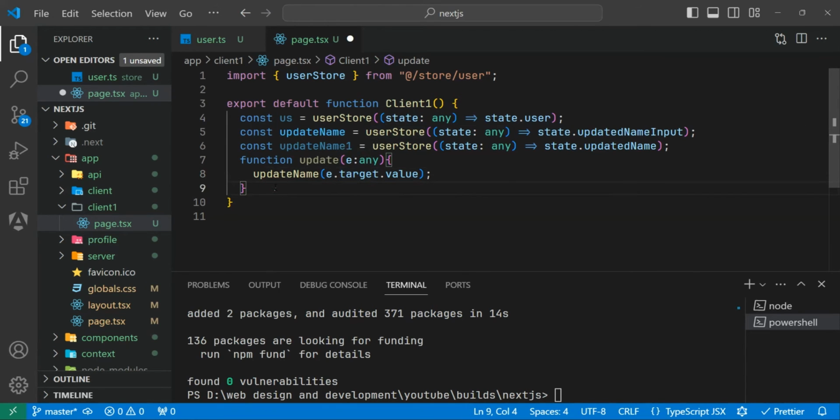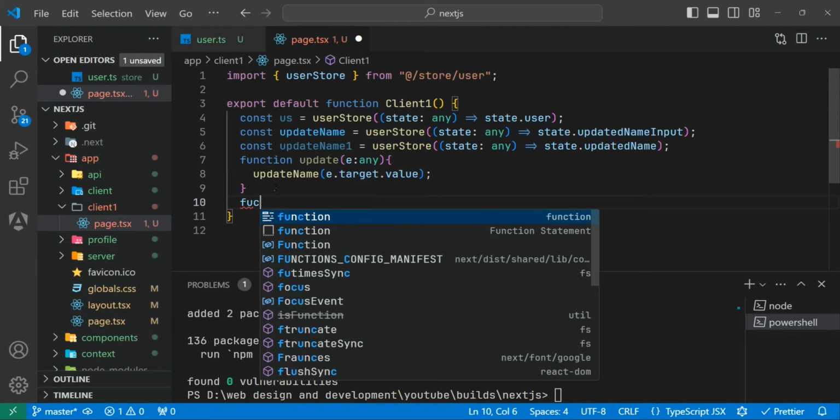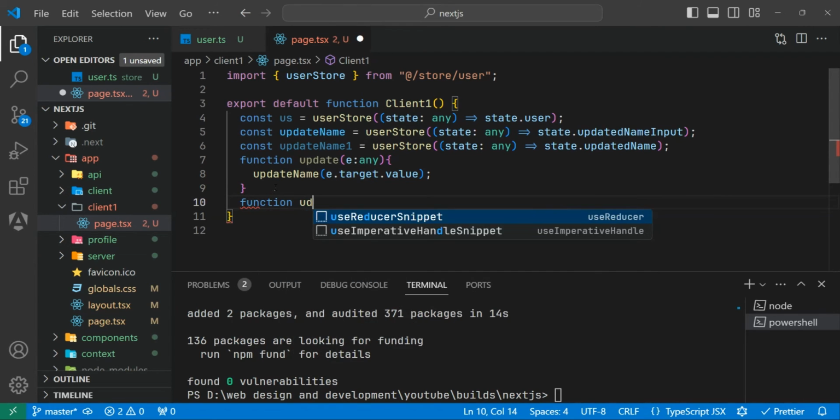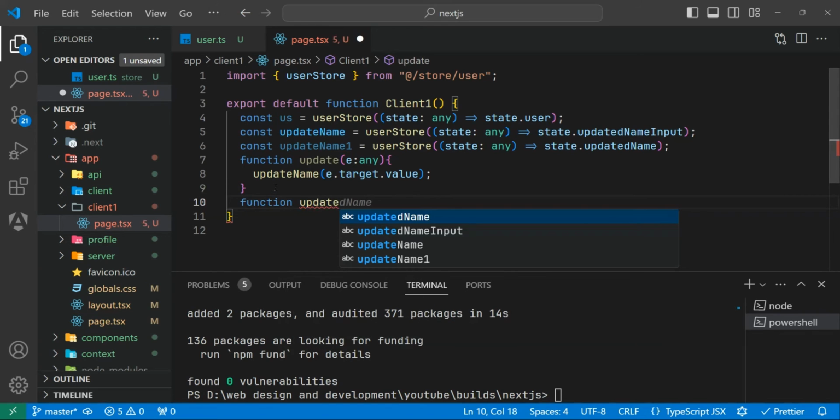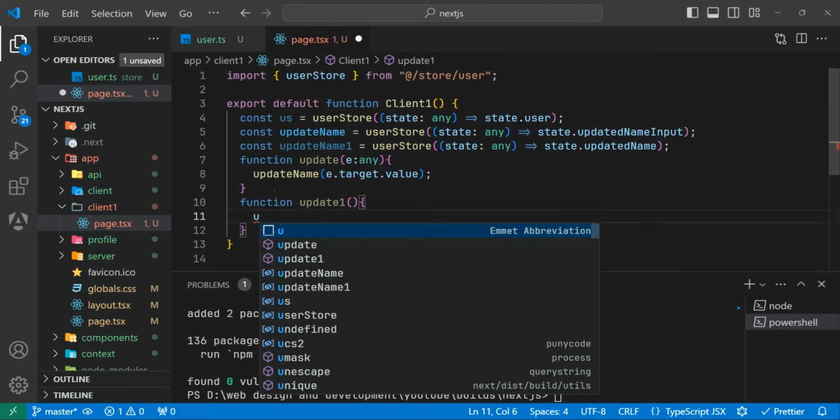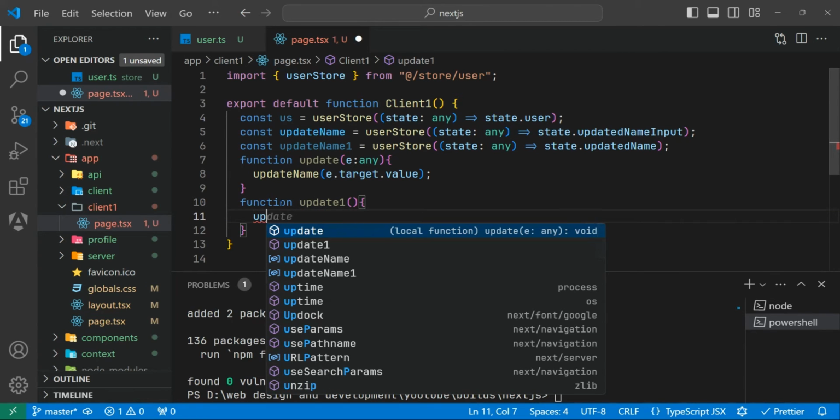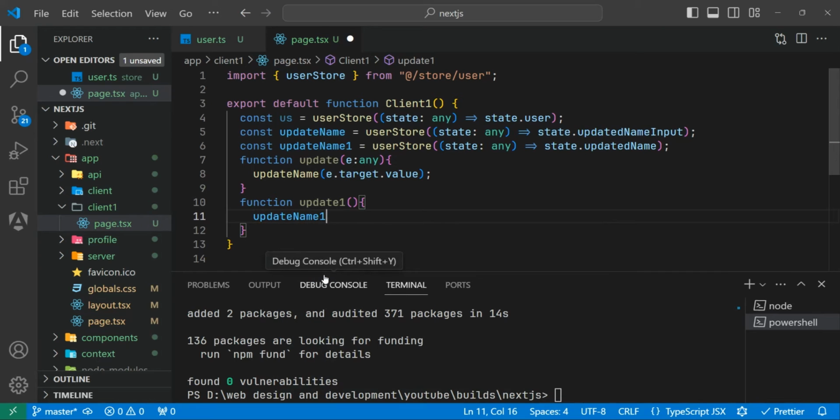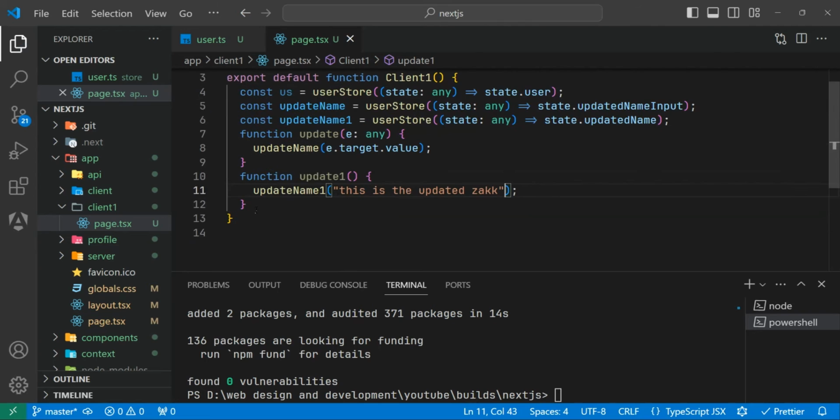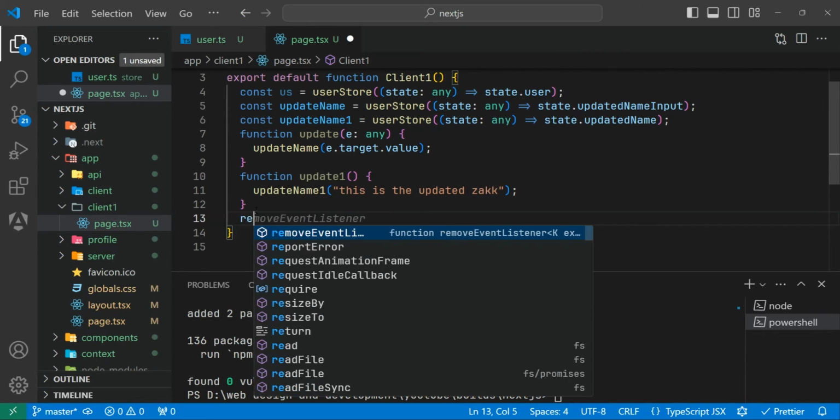And the other is, let's create another function, update one, and let's give a function update name one, and inside this let's render this is the updated stack, and let's save this. Now we have created these two functions. Now we can render them, return,